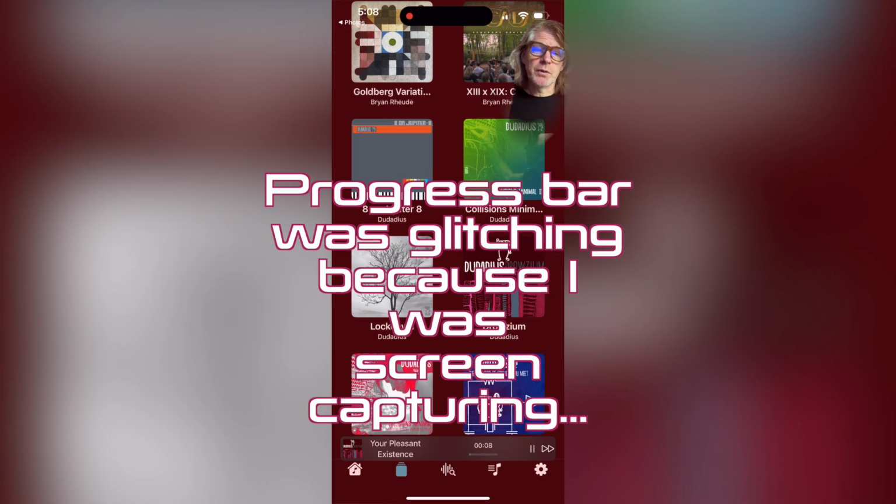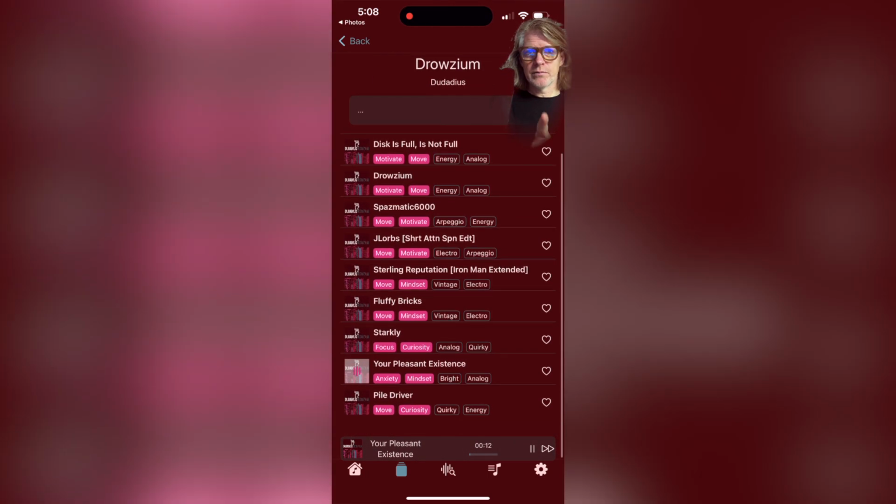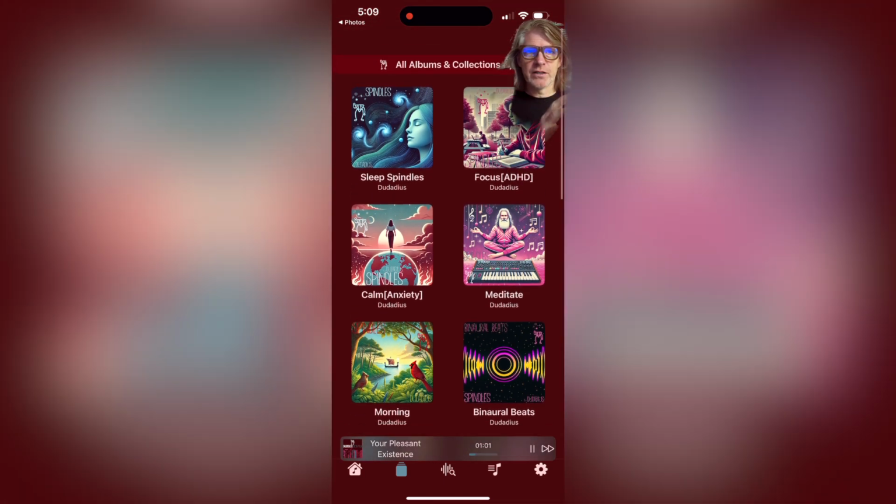So in the track list below, all the tracks on the album, the favorite button is exposed, so you can add things to favorites quickly if you want, or you can click on it to open the main player page like before. And this albums page has everything, organized in different ways.